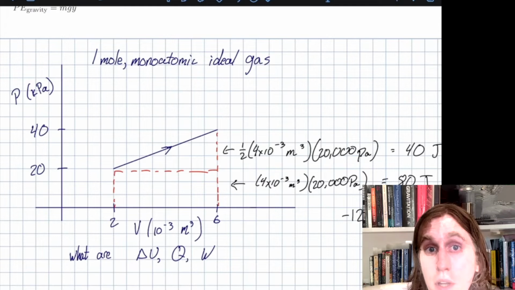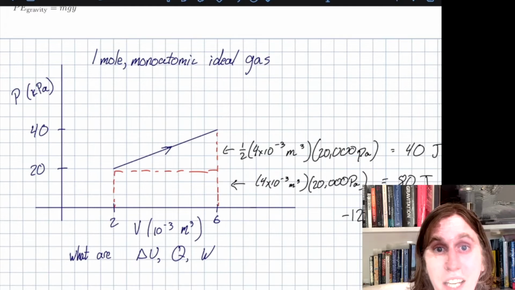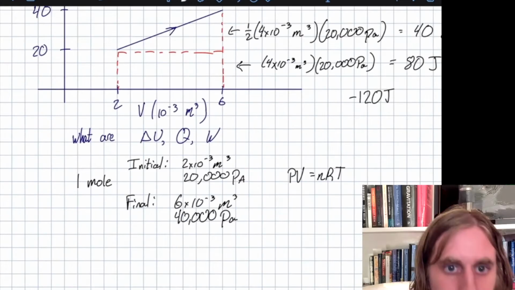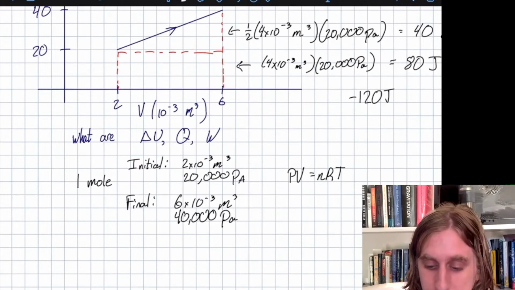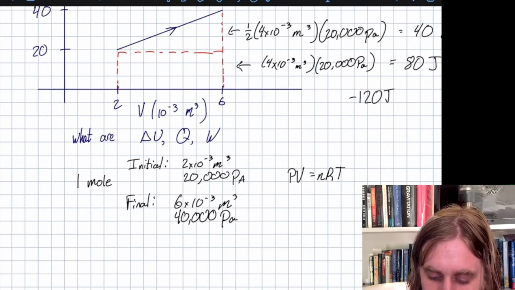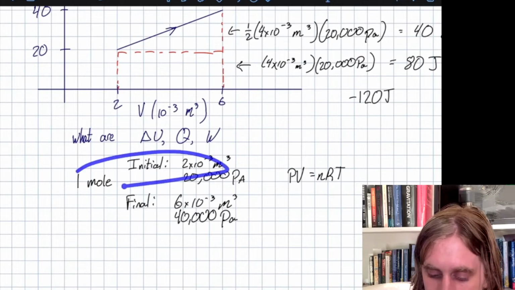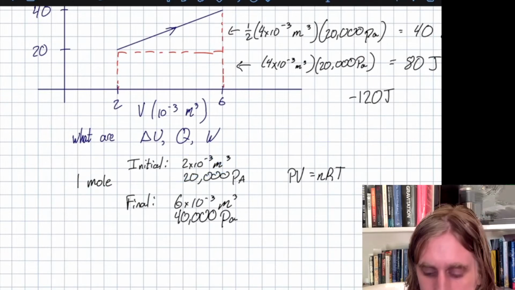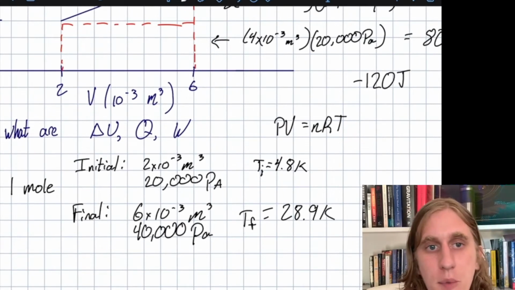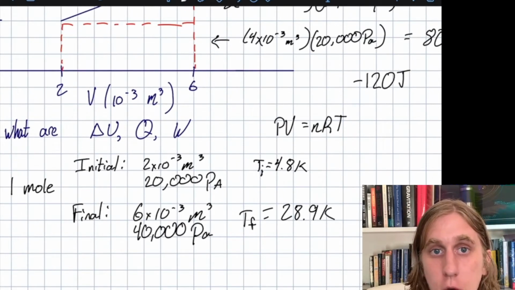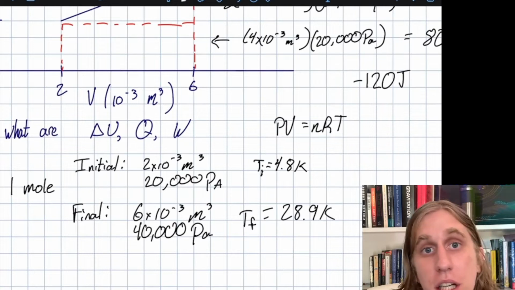And because we know that this is a monatomic gas, we can use the change in temperature to calculate the change in thermal energy just by looking at how many modes the substance has. So we have all the information that we need to calculate the temperature at the initial and the final states. All we have to do is plug these numbers into this equation and solve for temperature. When I plug these numbers in, I get that the initial temperature is 4.8 Kelvin and the final temperature is